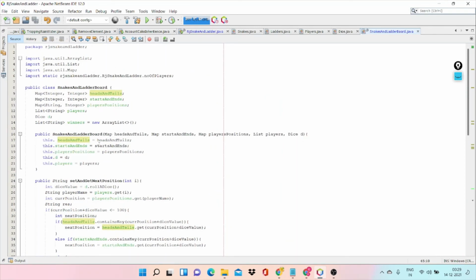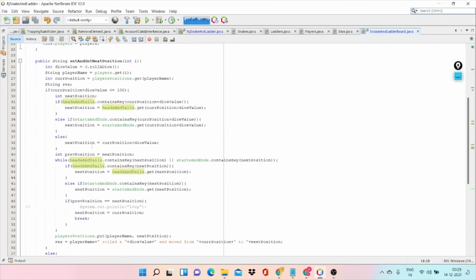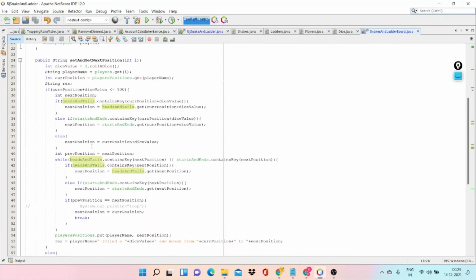In the constructor itself we initialize everything, and here the logic comes: set and get next position. We get the random value in between the range, and we get the name of the player and the current position of the player.